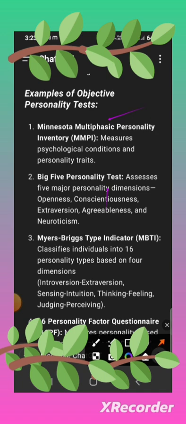Myers-Briggs Type Indicator (MBTI) classifies people into 16 personality types based on 4 factors: introversion versus extroversion, sensing versus intuition, thinking versus feeling, judging versus perceiving. Eysenck Personality Questionnaire measures 3 types of personality traits: extraversion, introversion,